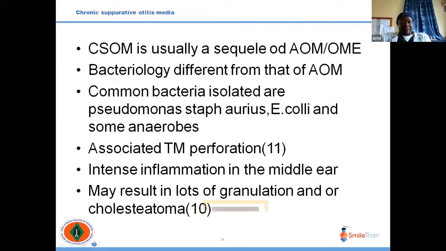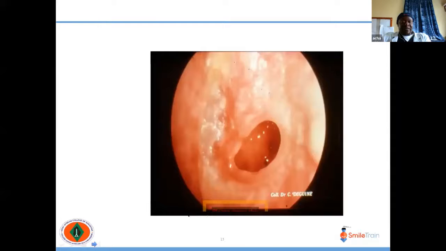This is what you see for a child in a case of chronic suppurative otitis media. This is after the canal has been cleaned. You can see the canal, the tympanic membrane is reddish there, and you can see a central perforation there. So in this child, after the cleaning of the ear, we give ciprofloxacin ear drops for about 10 days, and then we can be thinking of doing the tympanoplasty.